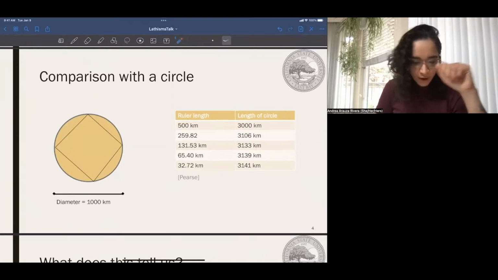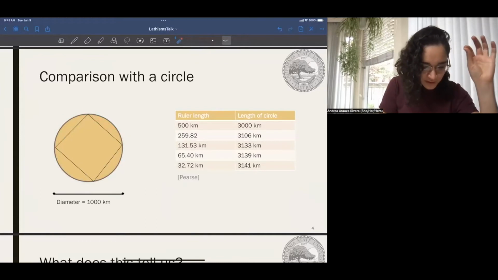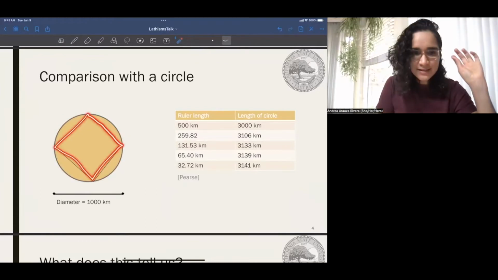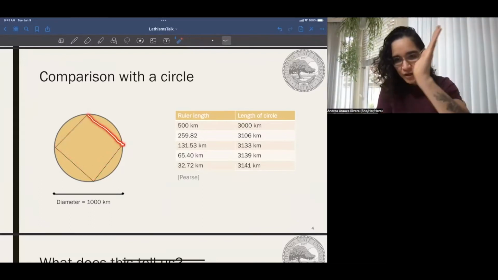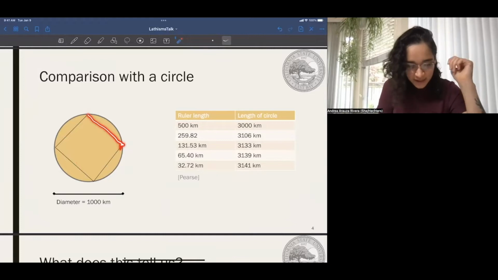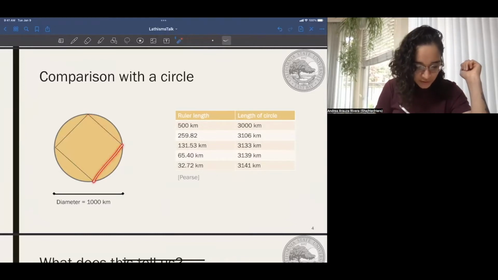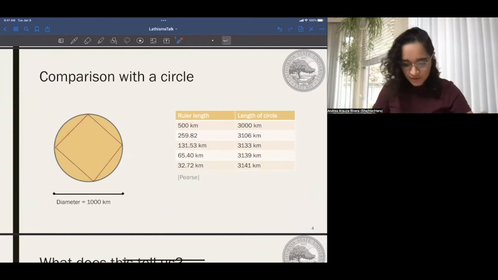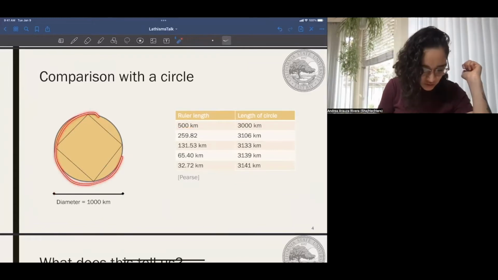So once again, I'm sort of discretizing the problem. Instead of doing something like this, I'm using a straight ruler, right? And we're pretending that all of these line segments are of the same length here. But I'm sort of starting at one place, putting my ruler down as far as it can go, but still on the boundary of my circle there, and then putting another ruler down, and so on until I get all the way around the circle. So let's say, just for the sake of having something concrete here,